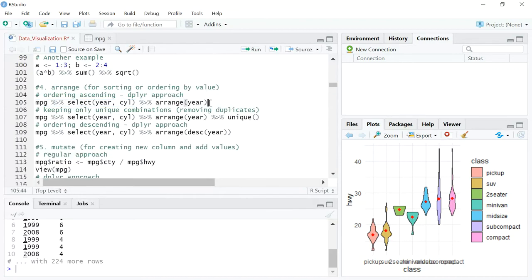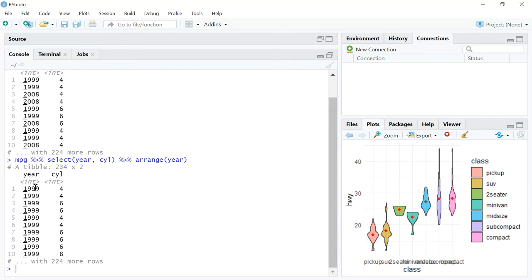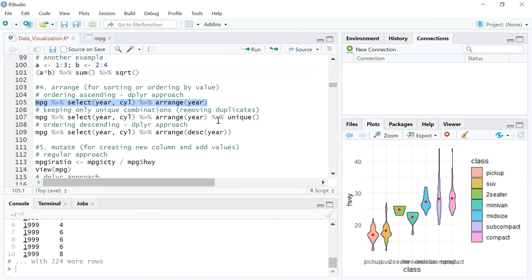It's not in any particular order, but let's say if I want to order it or sort it by year, I will select the whole thing and then press Control Enter. Now you can see that it's sorted by my year in ascending order, right? So only 1999 is coming up in the first 10 observations of the 224 rows. So this is the difference. This is how you can do it pretty easily,